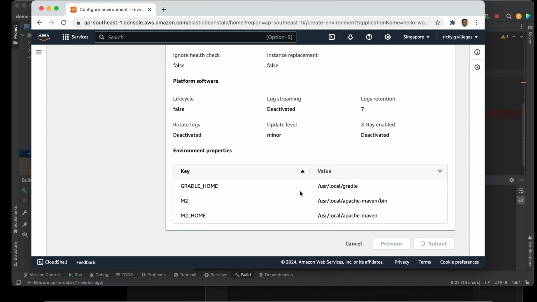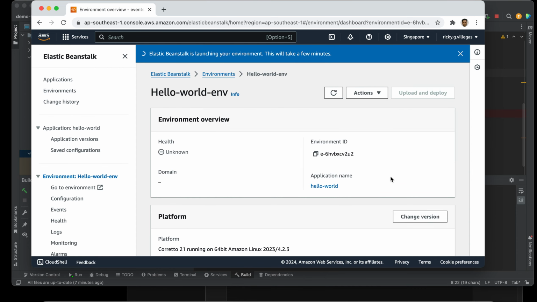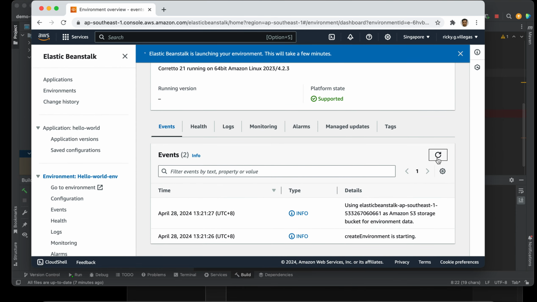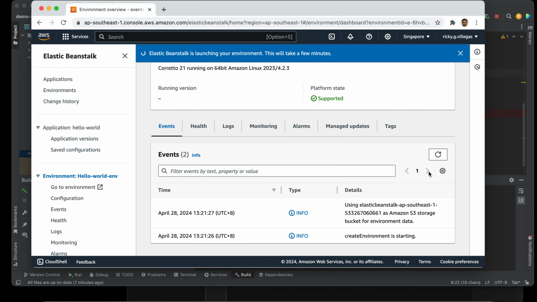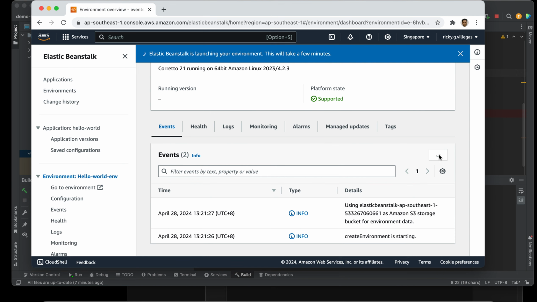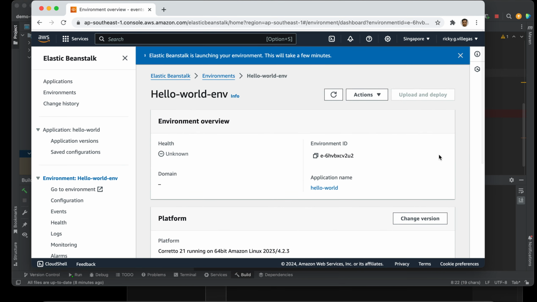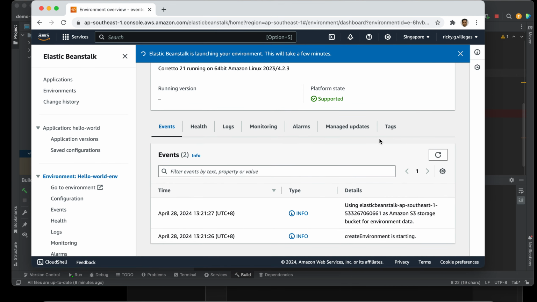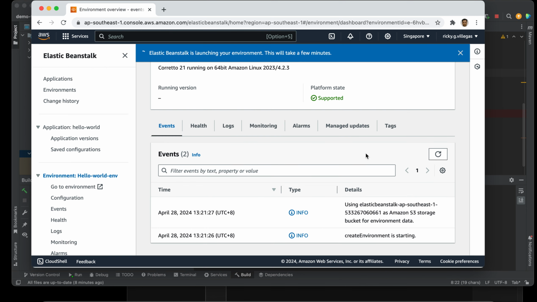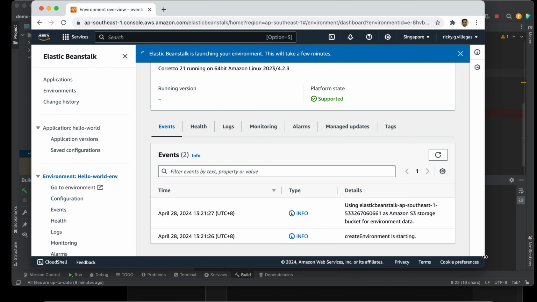Basically, first it creates the environment, then second it creates the S3 storage for the environment data. Then let's refresh. Still launching, still in progress.